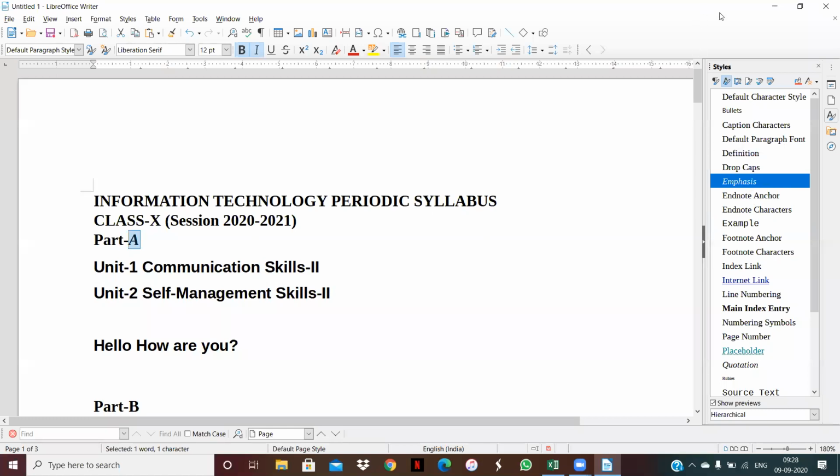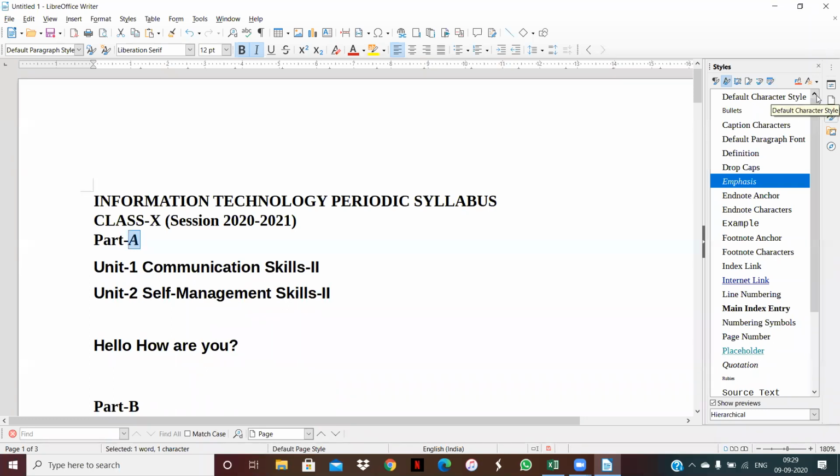This is character style. Paragraph styles means when you select one paragraph and whatever style you apply on it, it will repeat on the complete paragraph. Character styles are basically used for characters. Frame style also works like a paragraph. And page style means it will apply to the complete page. And list style means whenever you use a bulleted or numbered list, this style is for that, and table styles are for tables. If we want to use tables, then we can use the table styles.